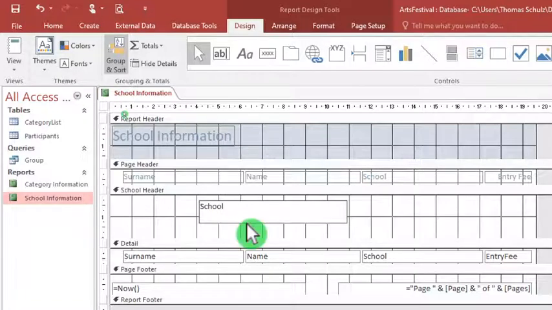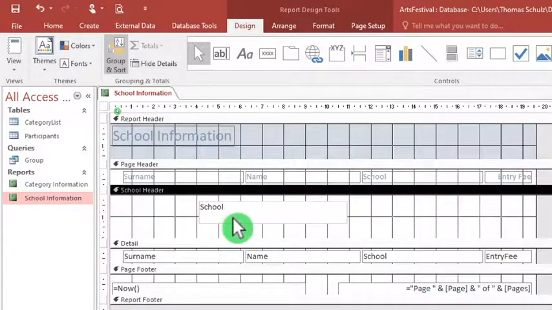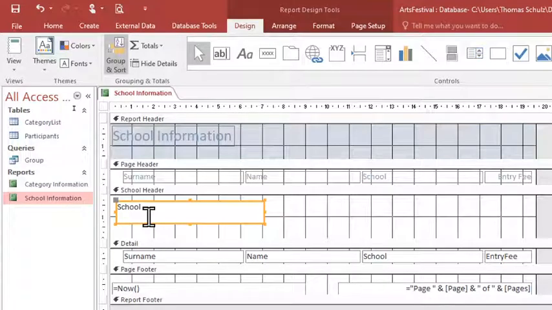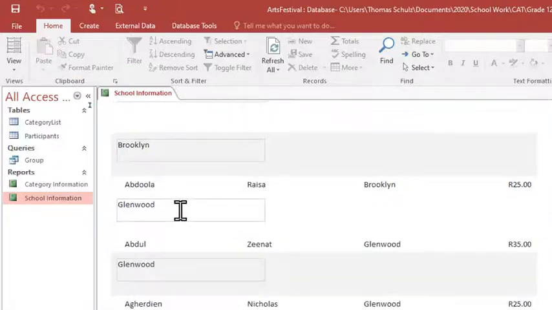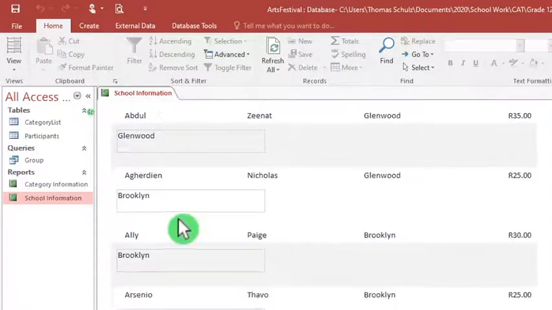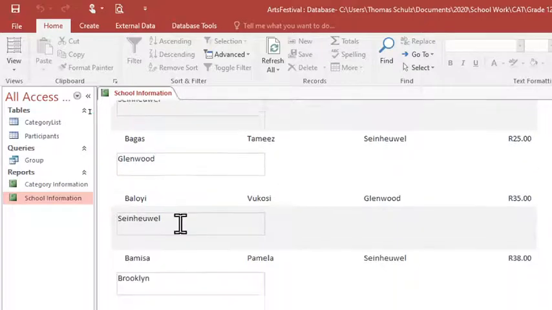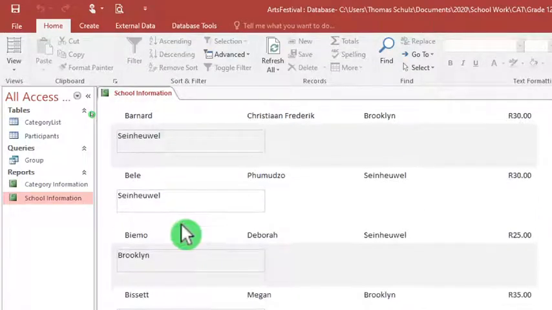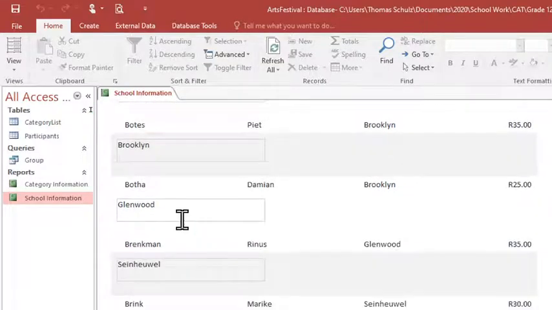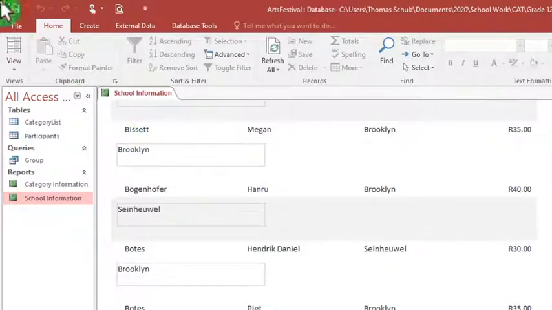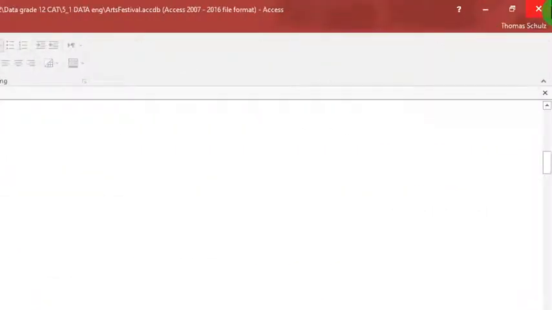And now I can still do the formatting so that it looks neatly, but I'm not going to do that to save time. All right, and that's it. If I press save and view this, you can see we have the school names and the learners according to it. It seems like in each school there's only one learner. All right, then we're going to close this,